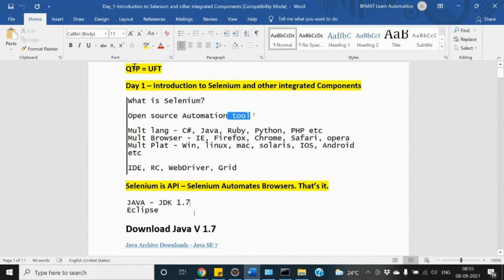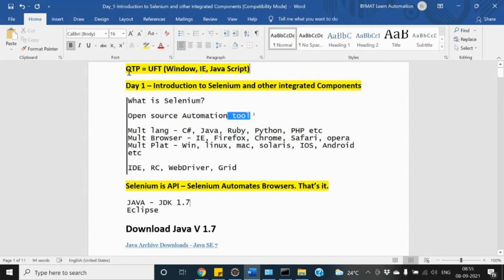We had QTP, now it is called UFT, right? So before Selenium, for automation, what were the limitations? It was only working on Windows and on the IE browser, and it was supporting a language, JavaScript, isn't it?